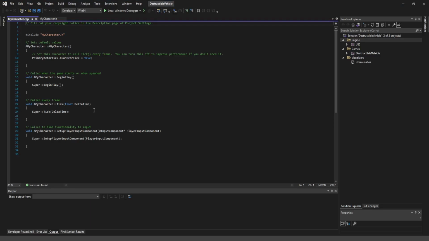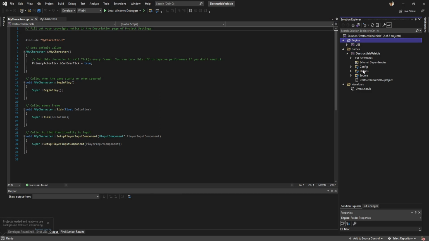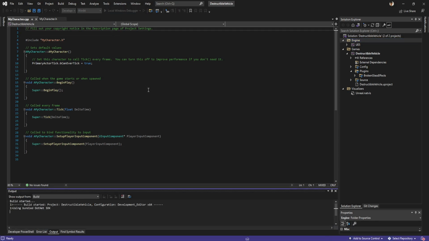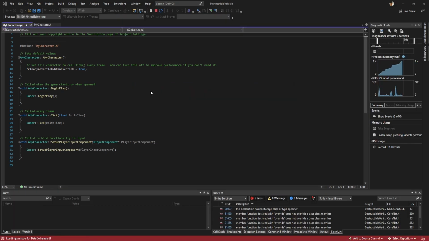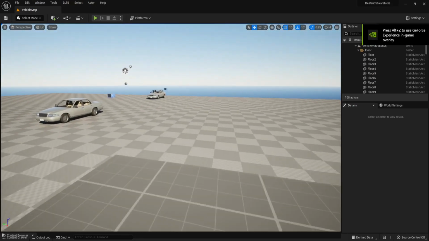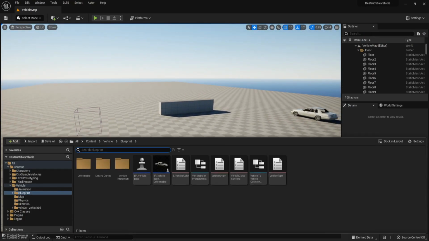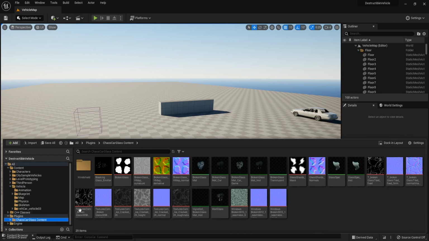Open this Visual Studio. We can expand this and we have this plugin inside the project. Let's run this project. And go to content browser and we see this is the plugin that we just added.